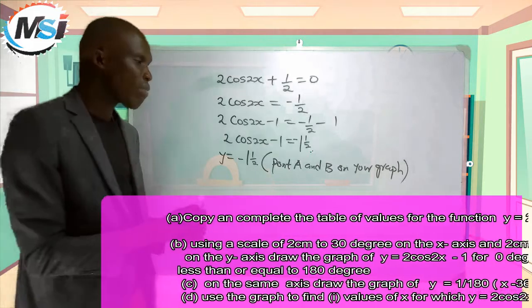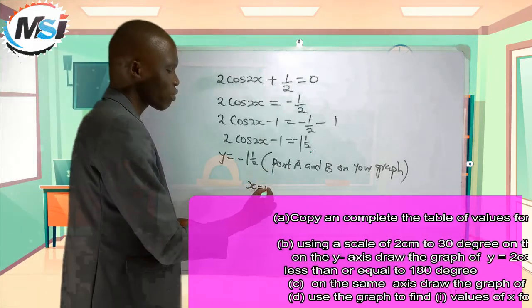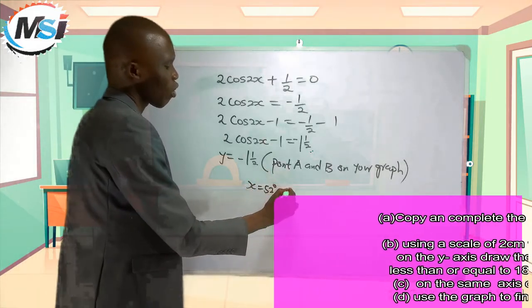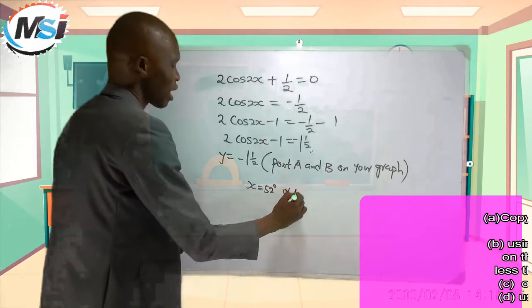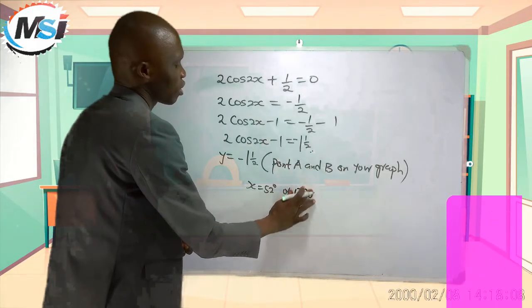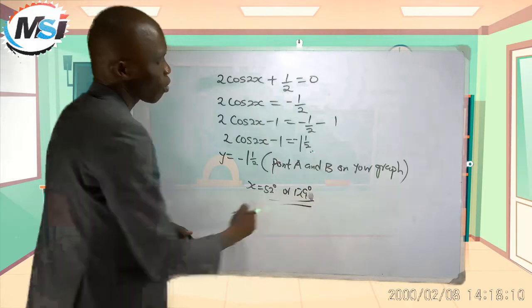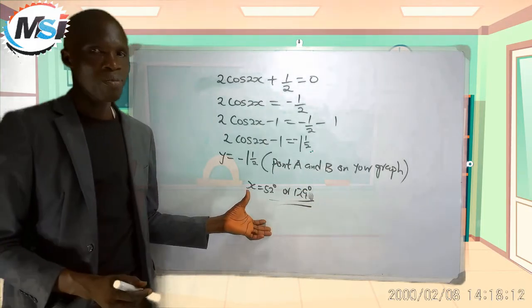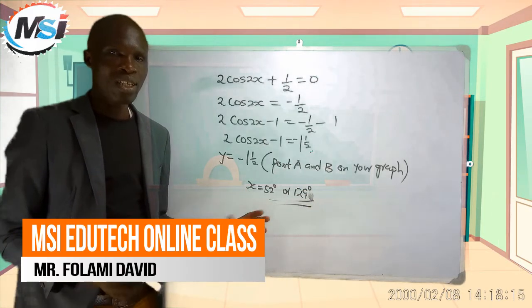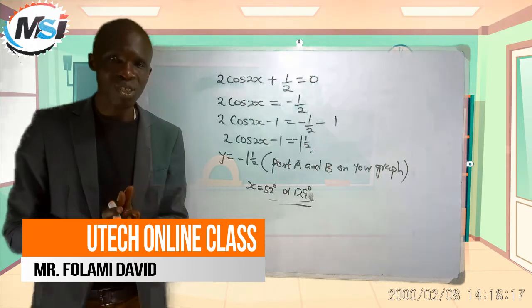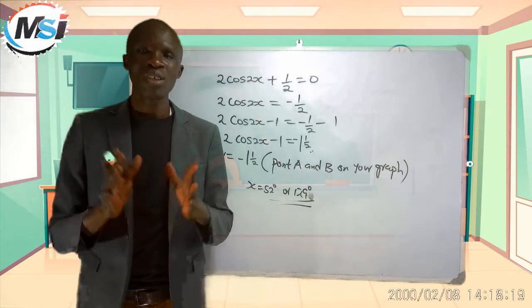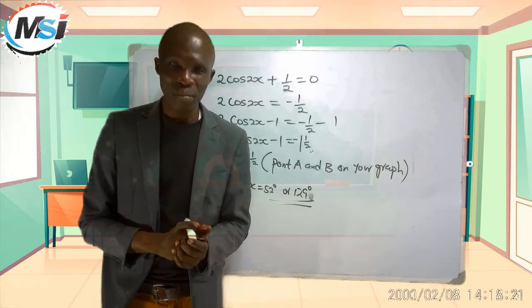So from the graph, our x equals 52 degree or 129 degree. I'm going to show you how we got this value. I believe you understand, right? So the last part of this video is I'm going to show you the graph, and I believe you enjoyed